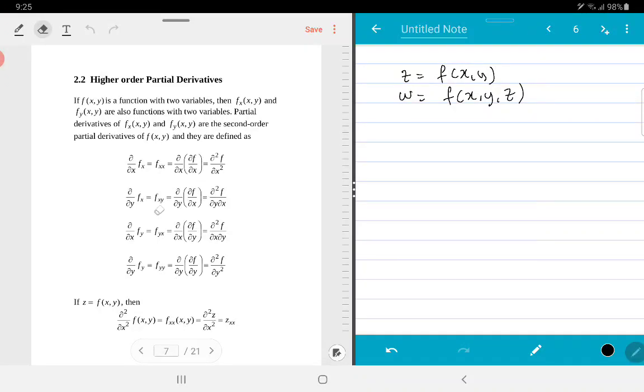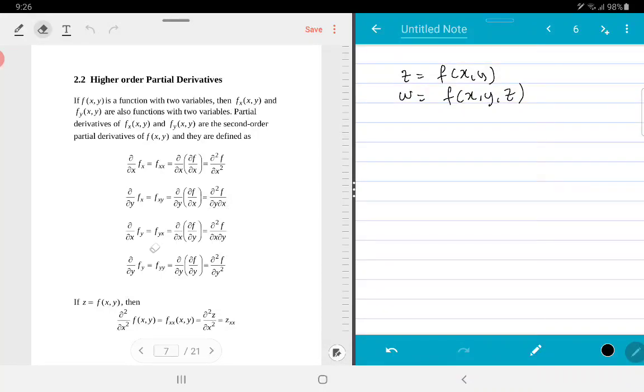The second notation, this is the subscript notation for fxy, meaning that you differentiate f with respect to x first and then with respect to y. And this is the notation using partial symbol. So you have partial square f over partial y, partial x, meaning you differentiate with respect to x first and